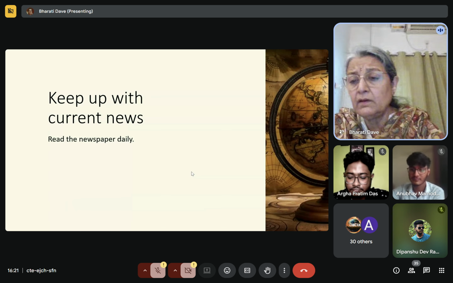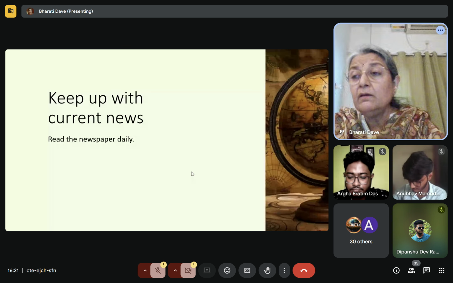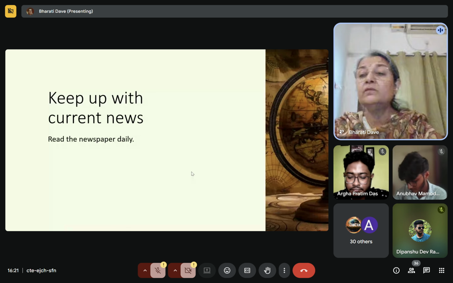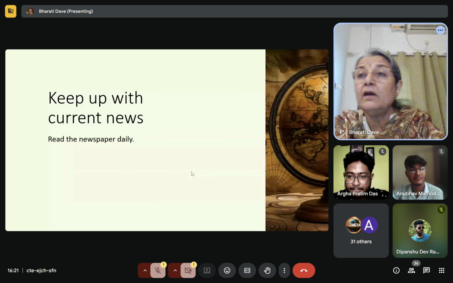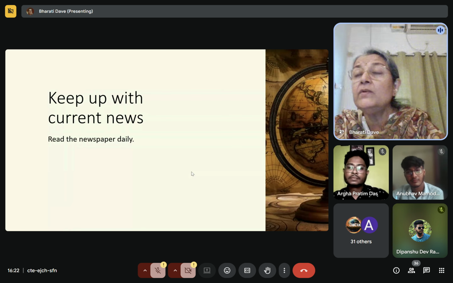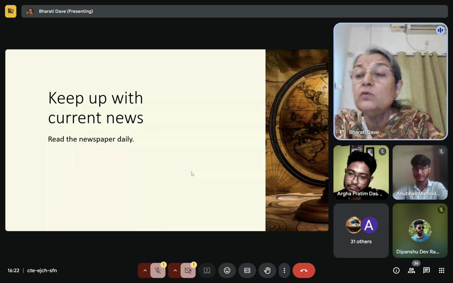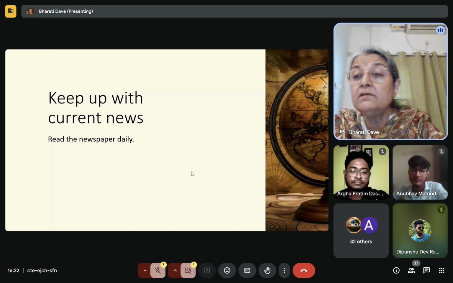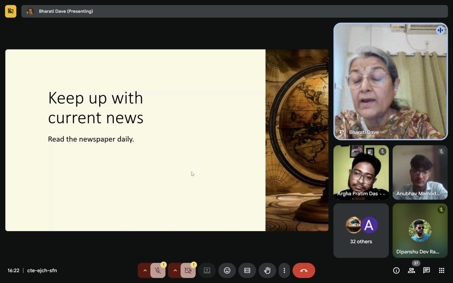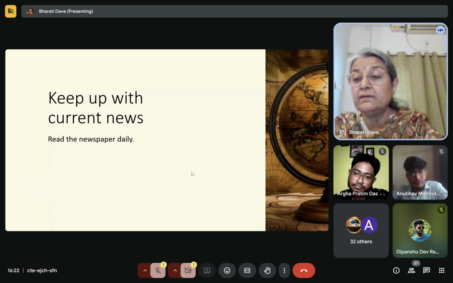Newspaper is a great source for that. Of course, read good newspapers. There are many newspapers like The Hindu or Indian Express, where they put a lot of effort in their editorials. So do that if you can, because that will give you an opinion. That will also give you an idea of what is current, what is interesting, and what kind of topics you can pick up while you're writing.